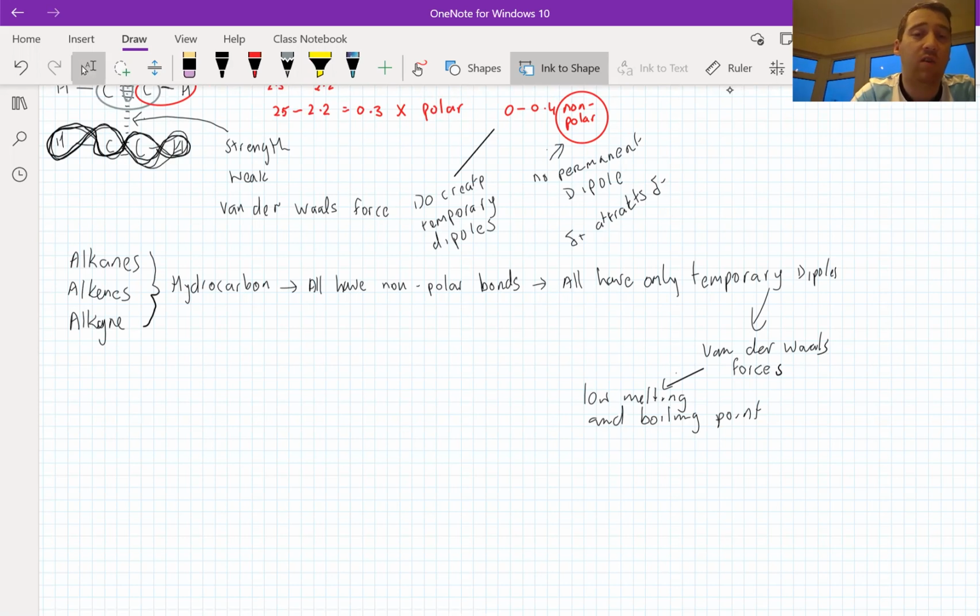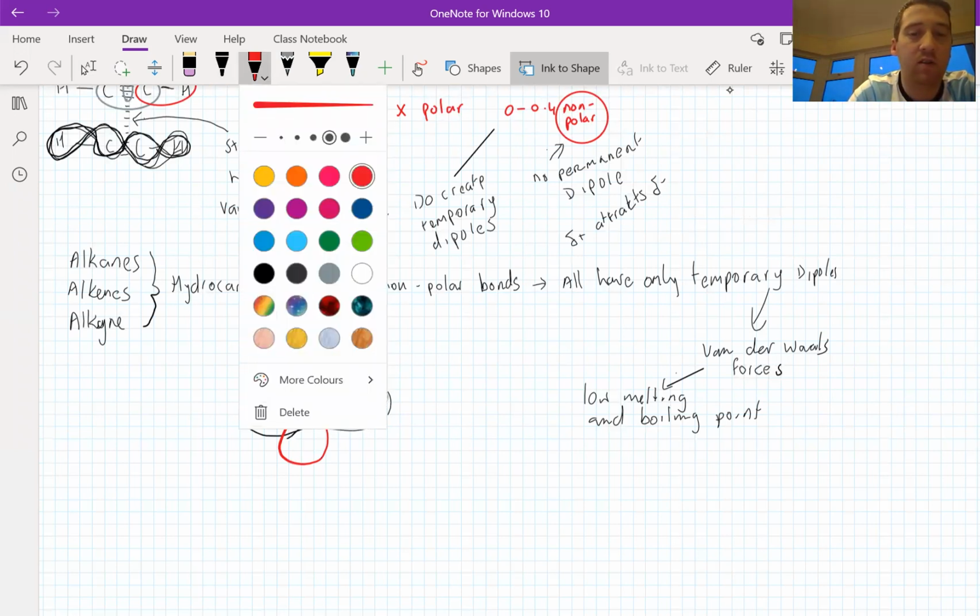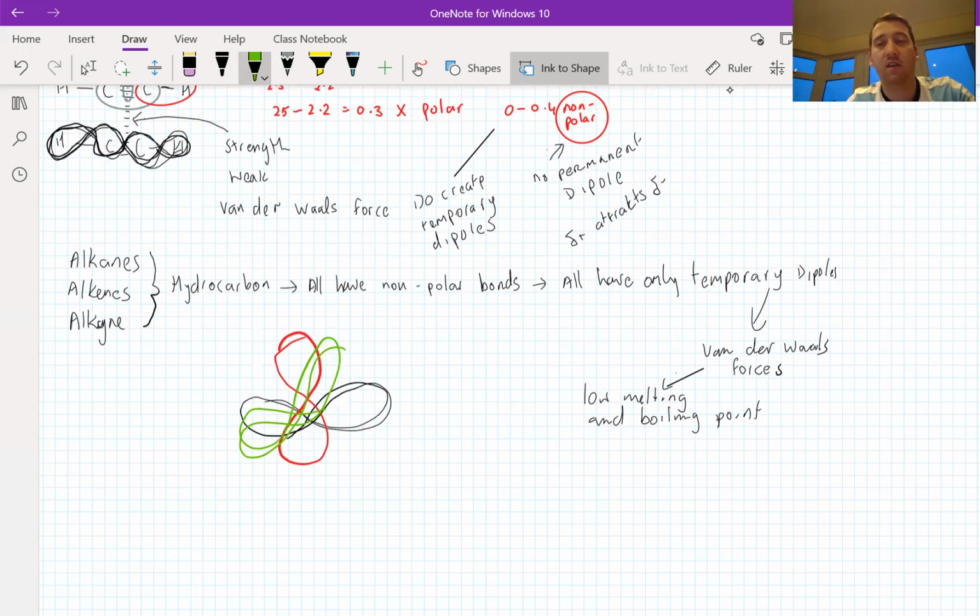Well, of course, the van der Waals forces are created by orbiting electrons, moving electric charges. The more electrons you have moving around, for example, if I show some electrons whizzing around in black, creating temporary dipoles, and I show some moving around in red, creating temporary dipoles, and I show more in green, creating temporary dipoles. Again, the more electrons you have, the more temporary dipoles you're going to create, and the stronger the van der Waals forces are going to be. So molecules with more electrons, or more atoms having more electrons, are going to have bigger van der Waals forces than others. So for example, this here,